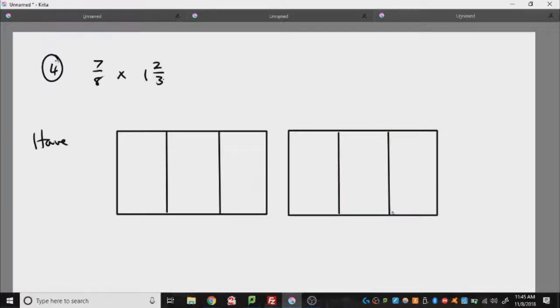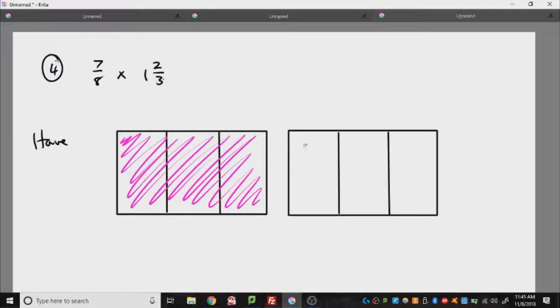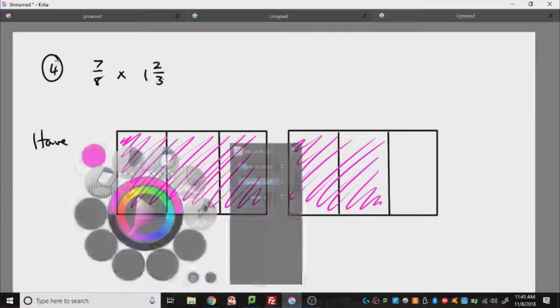So obviously maybe a ruler would be nice. Bring a ruler to the test. Not a bad idea. But if you have the skill, then you don't have to. So I have 1 whole loaf of bread, as well as 2 out of the 3 pieces of the other loaf of bread. So I need to take